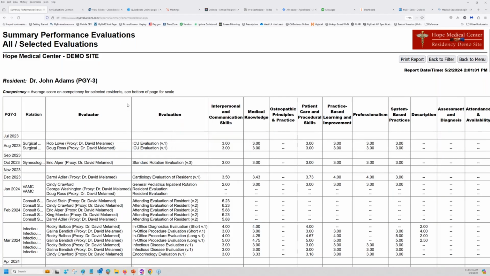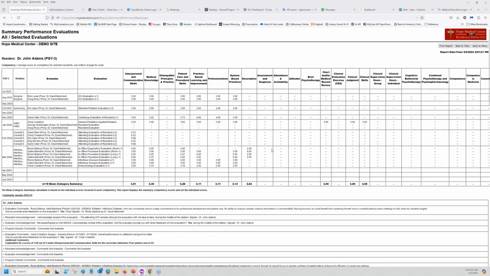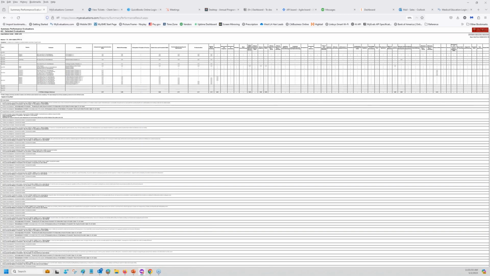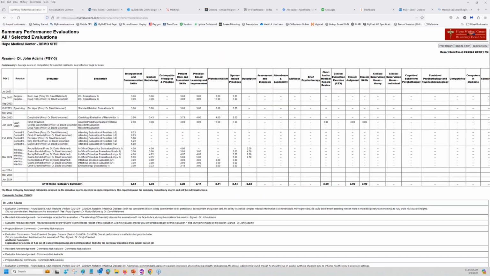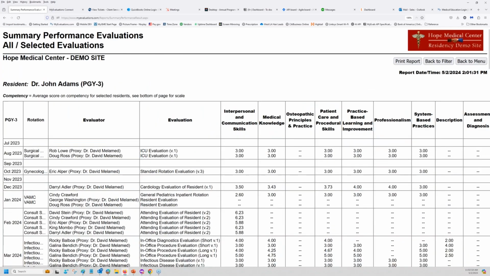So I'm going to first zoom out on this just so that you could see how wide this report is. And the reason this report is so wide to the right is because I selected different evaluation forms that have different types of results on it. Some of these evaluation reports, like the general pediatrics inpatient rotation evaluation, have competencies such as chart audits and clinical skills on it. So what this report does is it shows you by calendar month